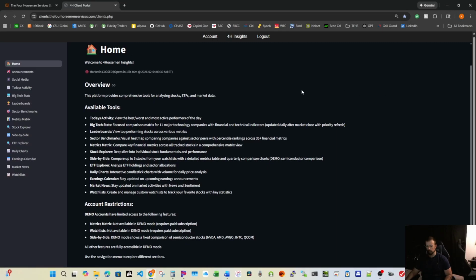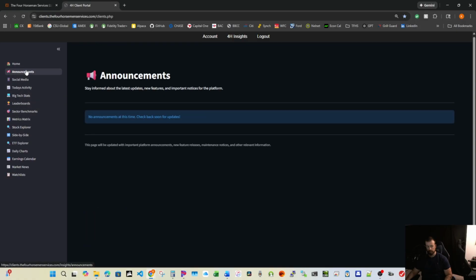I've been asked recently, how is the best way to go about using this tool? So I just want to briefly walk through what this tool has to offer inside our client portal. Here you can see the home landing page that gives some description of what each tab on the left means. You'll be able to find some announcements as they come available from myself and our other